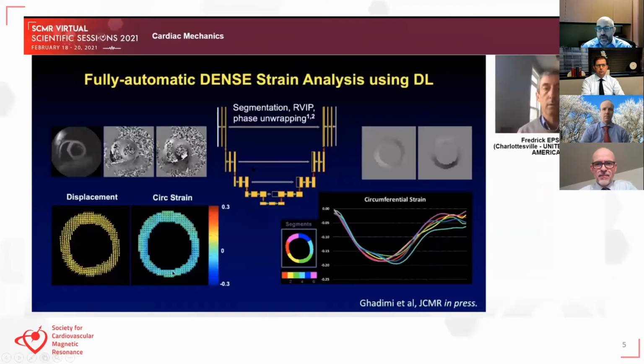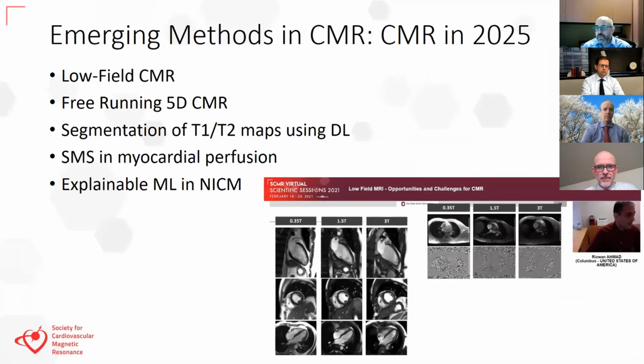Brett Epstein gave a nice overview across different techniques, again showing how we can use deep learning to do segmentation, unwrapping, as well as other processing. This also extends across to feature tracking and other techniques as well, where we'll really see more utility for machine learning. Within the meeting, we had a core group that put together the talks in emerging methods